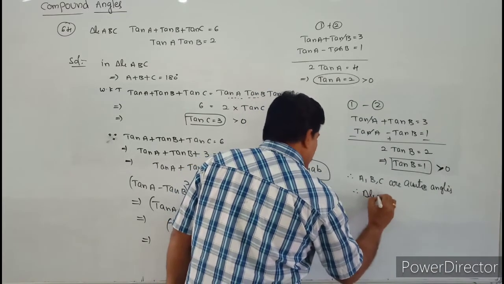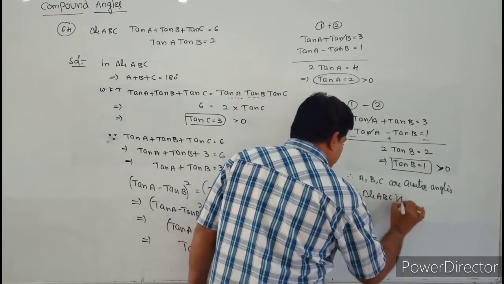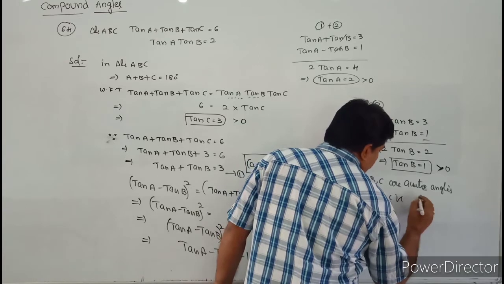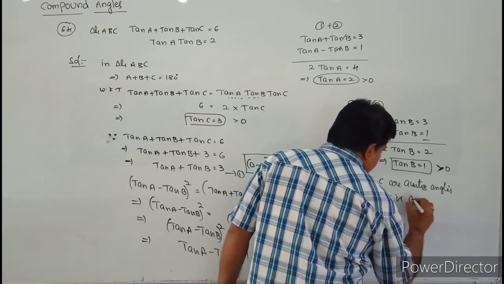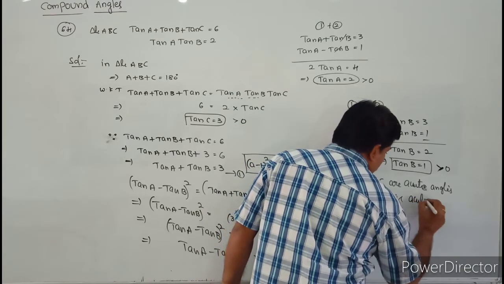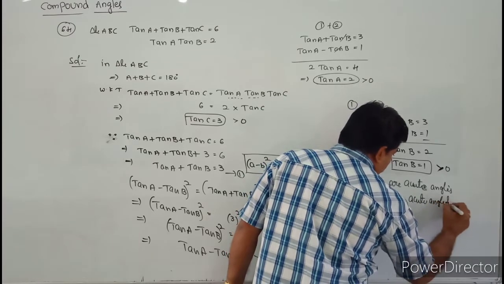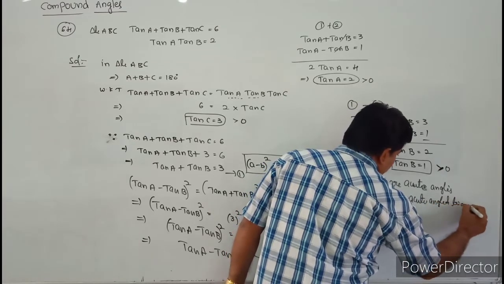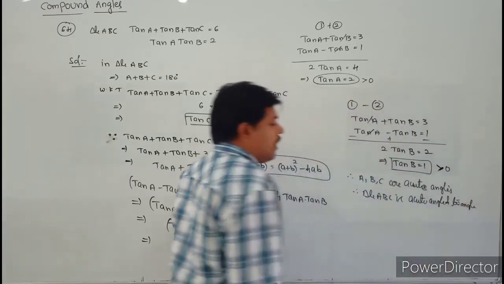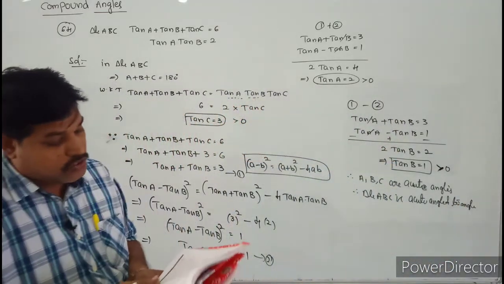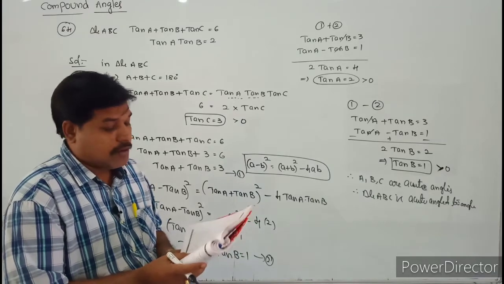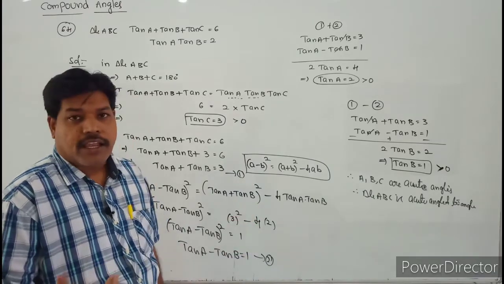Therefore triangle ABC is an acute angle triangle. See that question, students. So that is nothing but an acute angle triangle. So why? Because